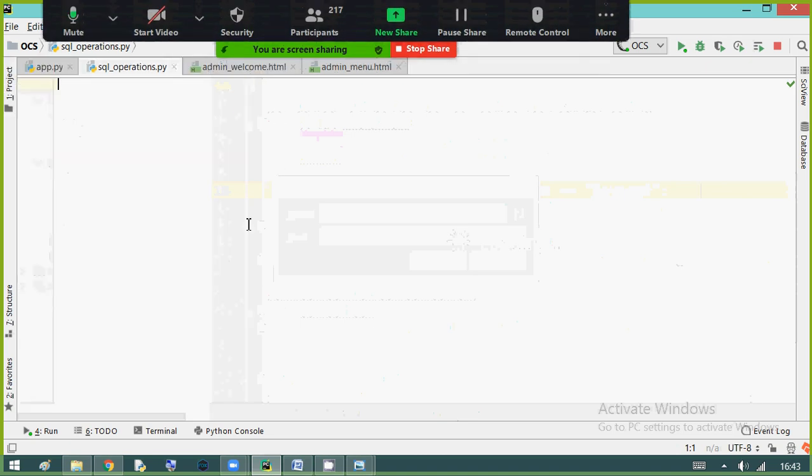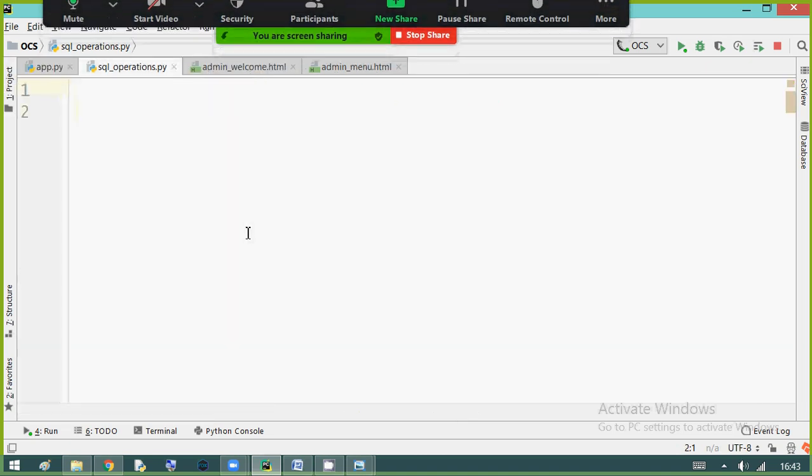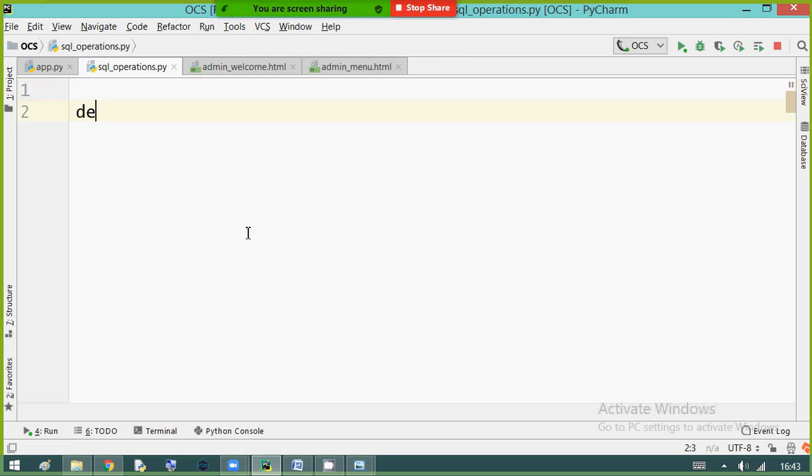I'm defining the function to create the course table. The function name is create course table.